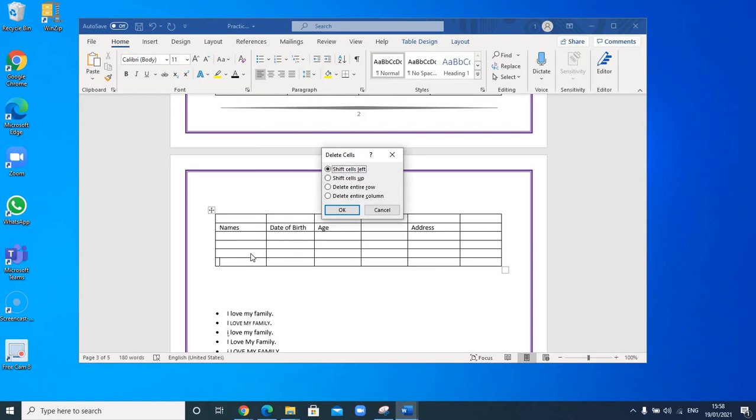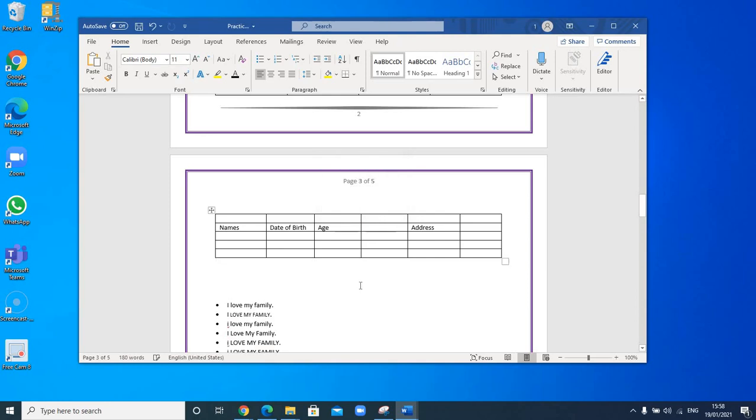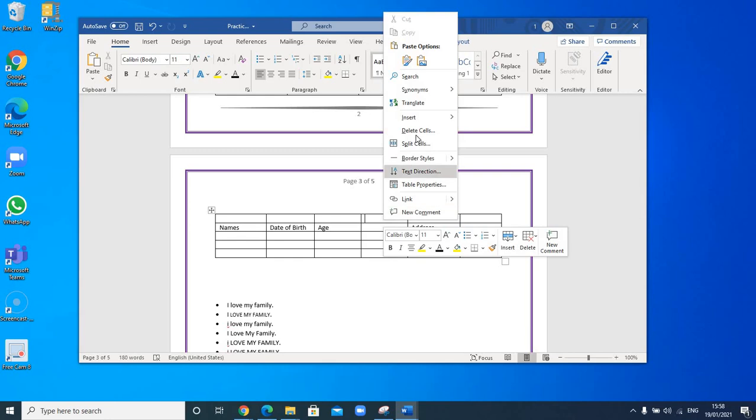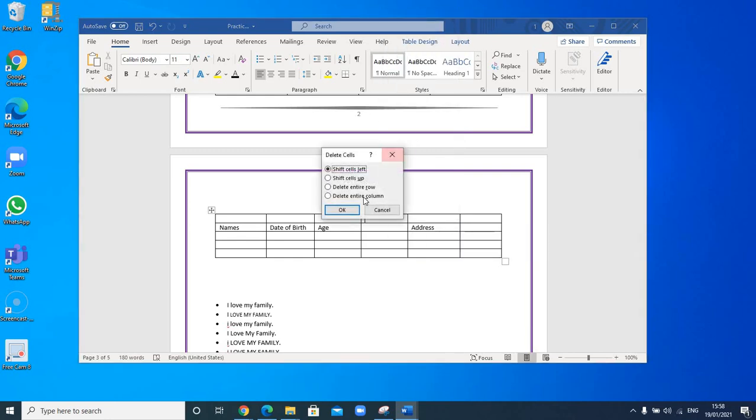Because I want to delete this entire row, I will say delete entire row, because my cursor is there, and that will go away. If I want to delete this column here, I will place my mouse in any part of it, right click, delete, and I will say delete entire column,